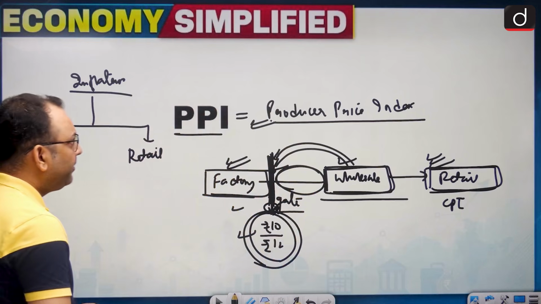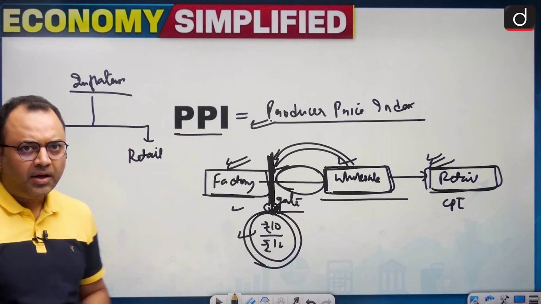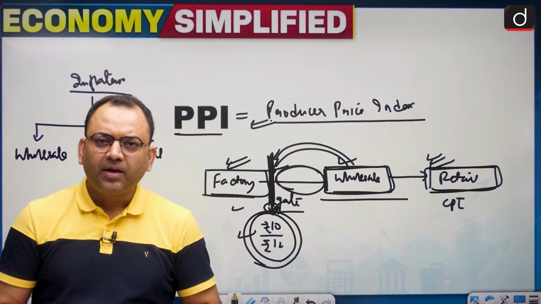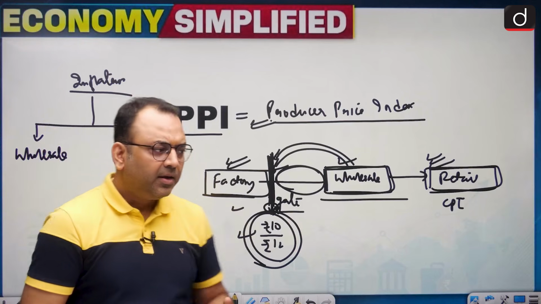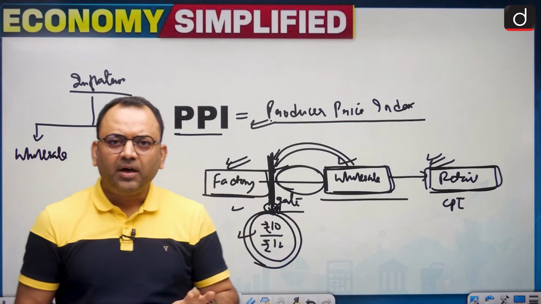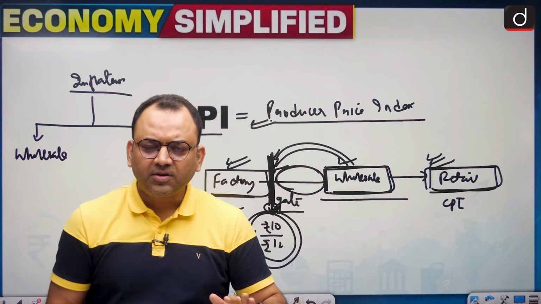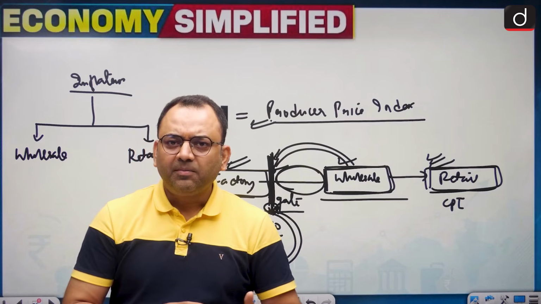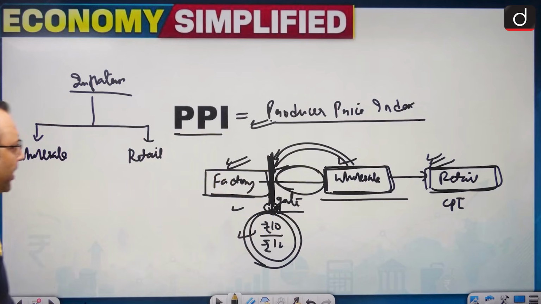So this is the PPI, that is about measuring the prices at the factory gate level, the prices which the producers get on the sale, and this excludes the unnecessary taxes and the transport, logistics, and the demand supply mismatch costs in the process. So this is one thing about the PPI. Let's see some questions.